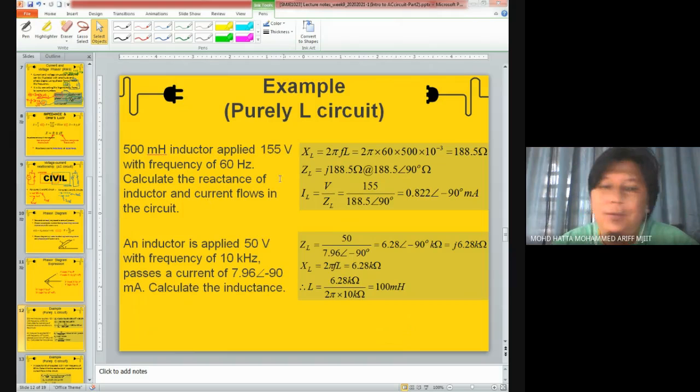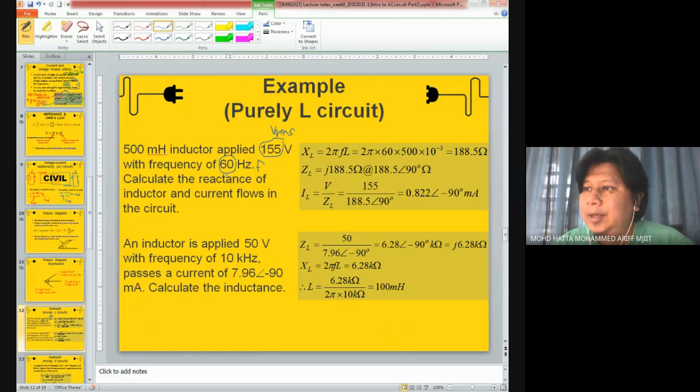This means that the value you see over here is basically your RMS value, because it's not represented in sinusoid. And the value you see over here, 60 hertz, is the frequency of your voltage. The frequency is very important in order for you to calculate the reactance and later on